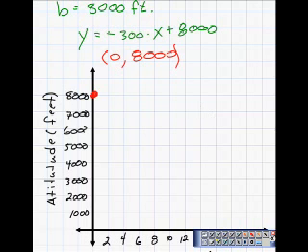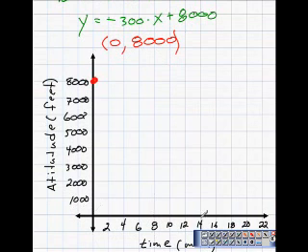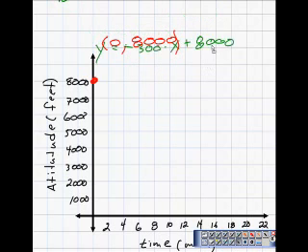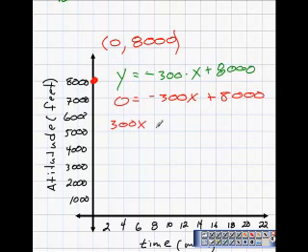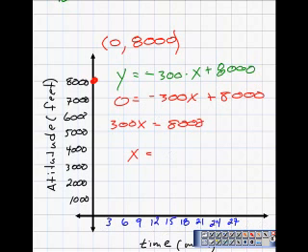To graph another point, we could find the x-intercept, or the time when the plane lands, and we would do that by substituting 0 for y in the equation we just wrote. So when we do that, we get 0 is equal to negative 300x plus 8,000. To solve for x, we'll add 300x to both sides. That'll give us 300x is equal to 8,000, and we divide each side by 300 to get 80 over 3,